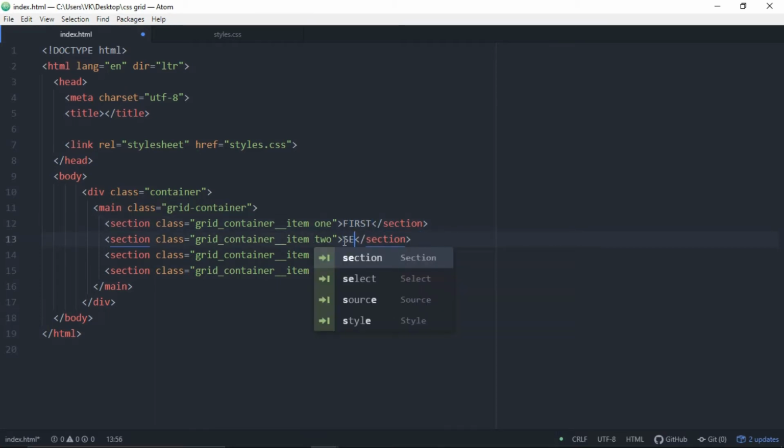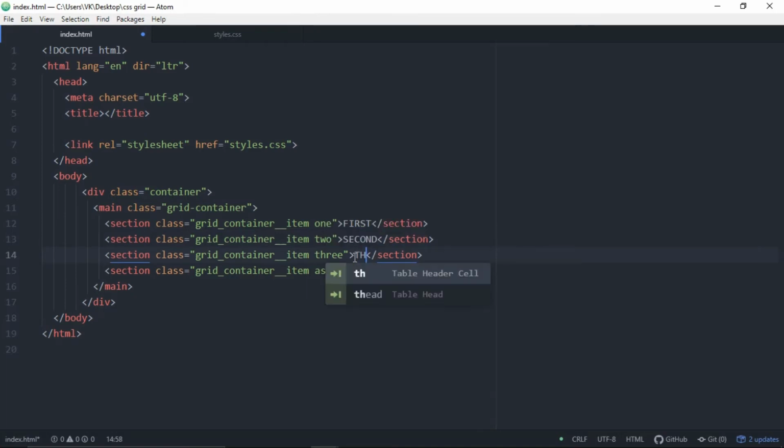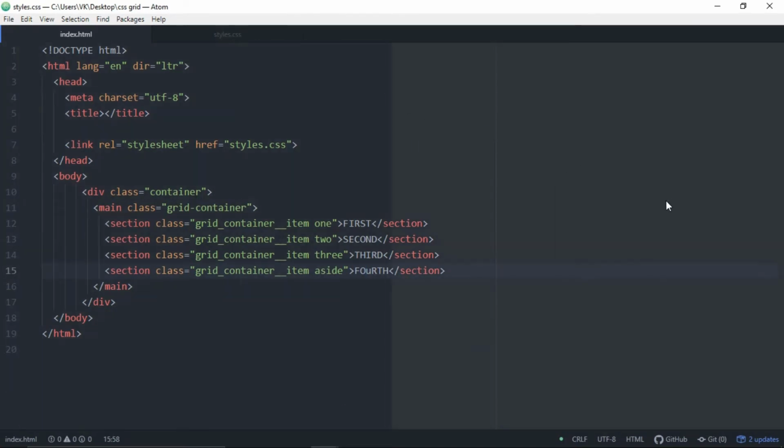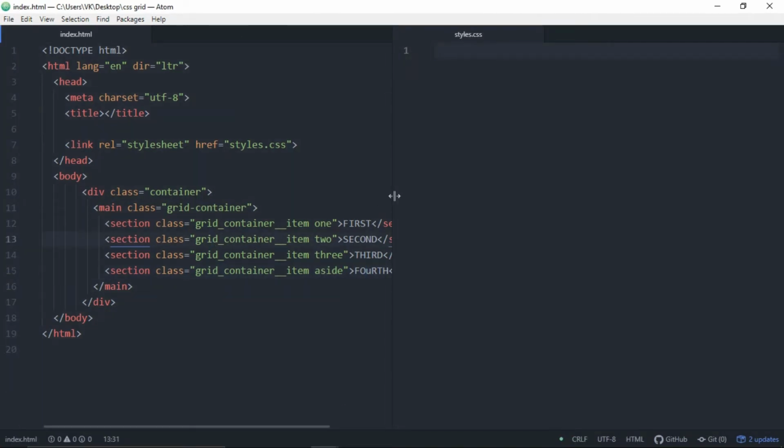First, second, third. So basically this is the text we're going to display on the boxes, and this one will be the fourth. So split our screen and just go to styles.css.